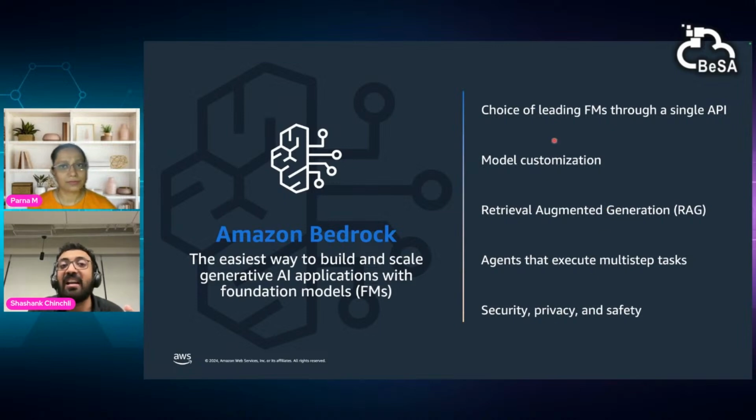So we are letting you select the models just within a single API. Basically, we are not taking you out from your development environment. You can integrate the model of your choice within a single API. Now, once you choose a model from those 43 models, the model of your choice, you